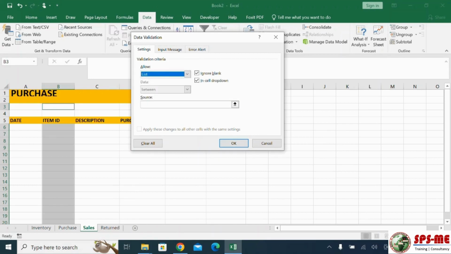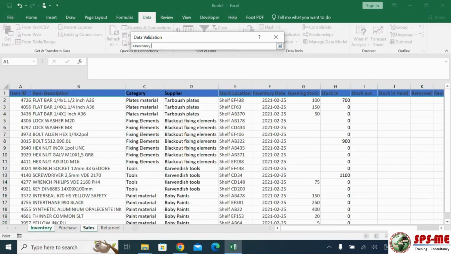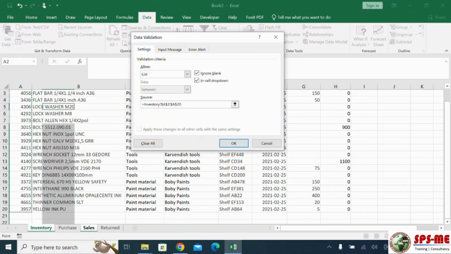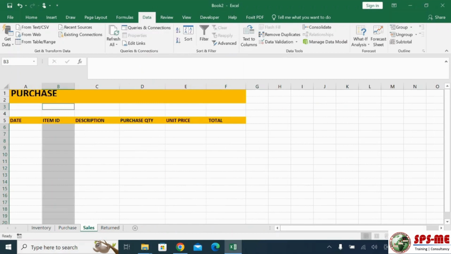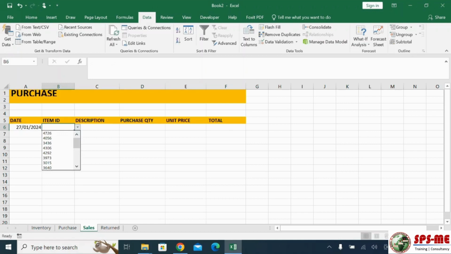List I select. For the source, I click on this and go back to the inventory and choose from here 4726 to 3957. Then I press enter. Then I click OK. So you can see here again the same thing is coming. Now let's see here. I give here 27/1/2024, and the item ID I have selected